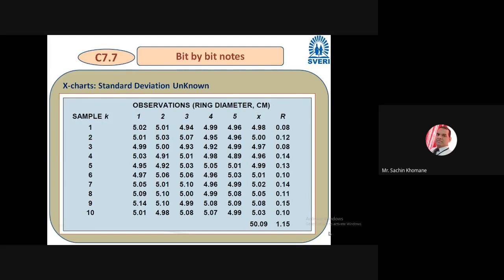Just cross verify also. Already we have calculated the X bar, or mean, right? Now, if you have found the range, then you have to make the summation of range. Okay, just do the summation. Go a little fast from your side. From my side, all calculations are done, so I need not spend time, but you people need to spend a few minutes to do this task.